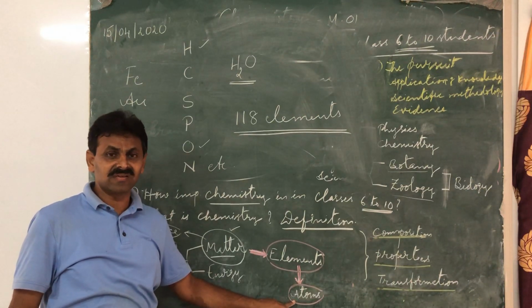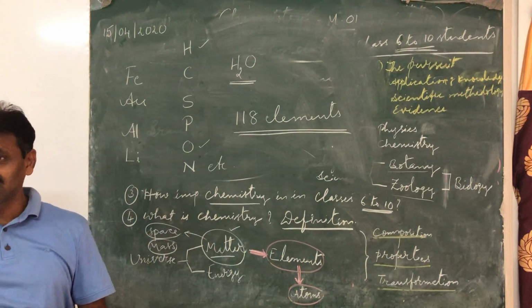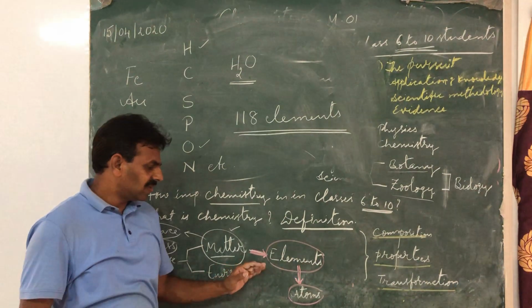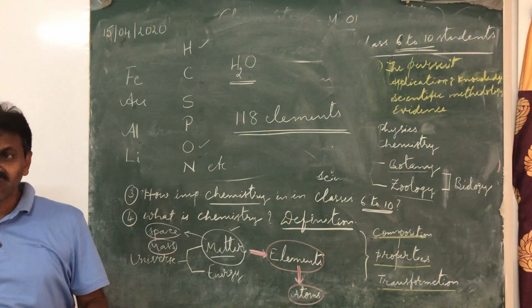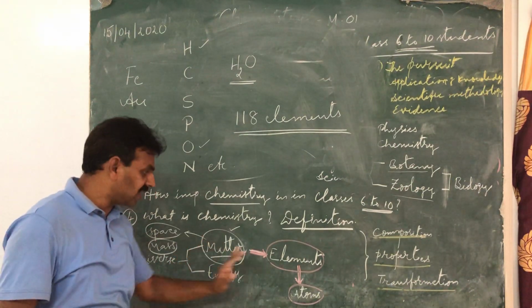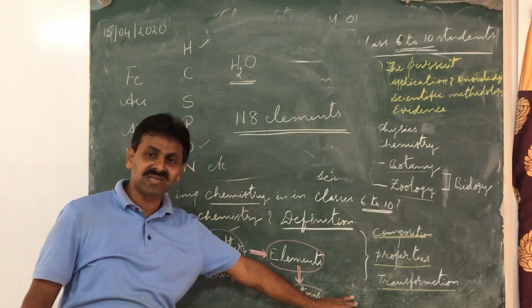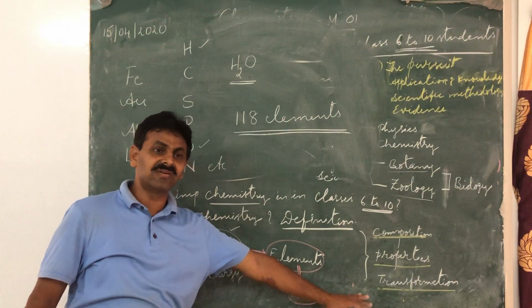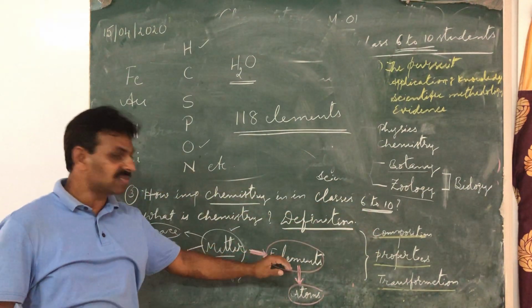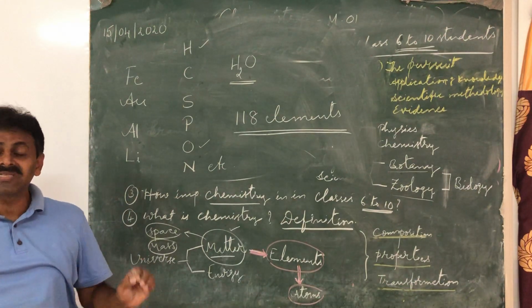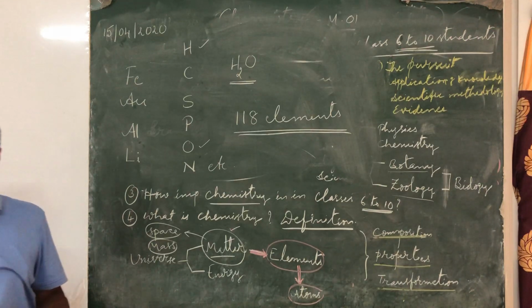Easy to understand, children. You need not panic when you get new technical terms in chemistry. But one thing is for sure, the subject chemistry is completely conceptual. If you understand this, you can understand this easily. If you understand this, you can understand the structure easily. If you understand the structure, you can understand the properties of elements easily. If you don't understand this, you don't understand this, and so on. So be careful. Chemistry is absolutely a conceptual subject.